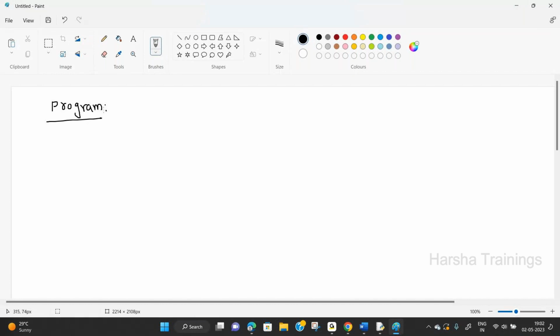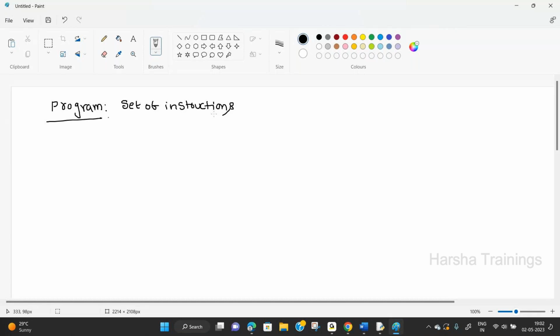Everyone knows a program is simply a set of instructions, line by line, that perform an activity. Suppose A is equal to 5, B is equal to 6, C is equal to A plus B, print C. This is a program. It consists of four lines and is used to perform addition of two numbers.